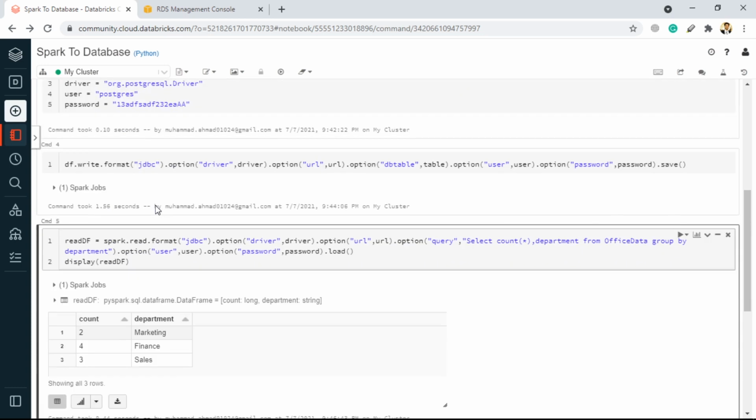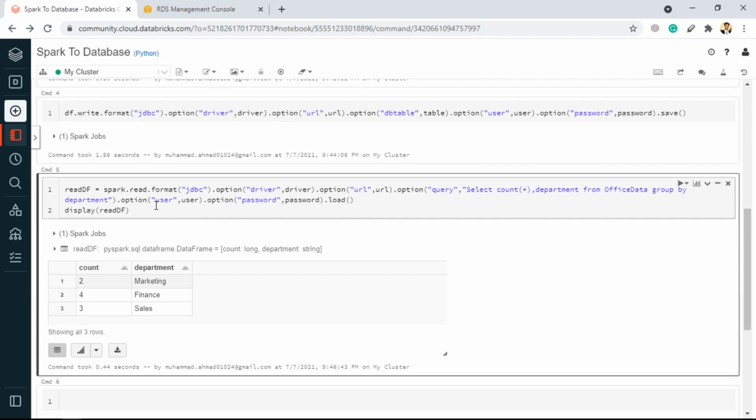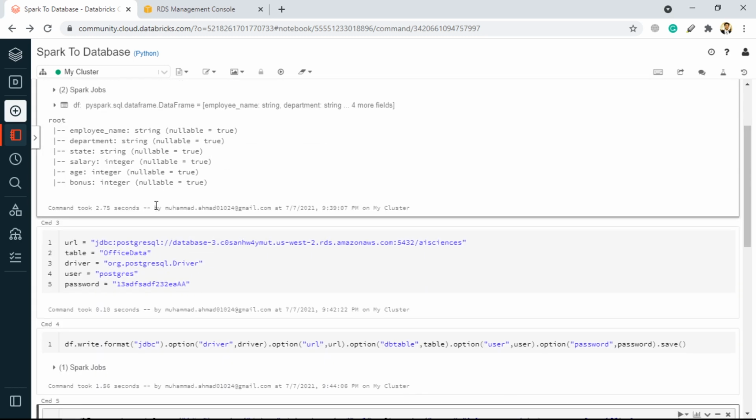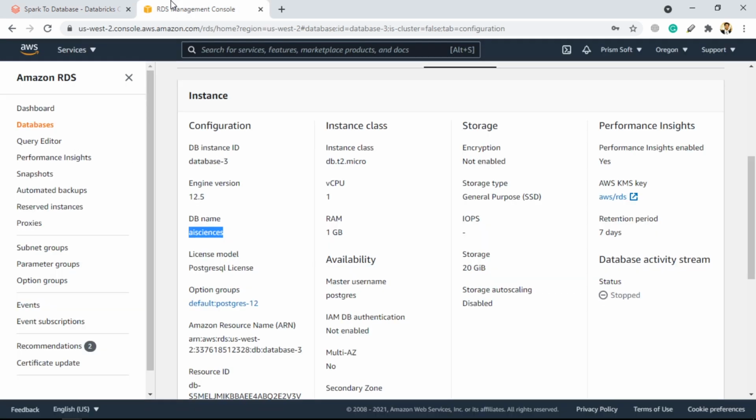So that's how you actually create a connection with the Postgres database inside the PySpark, and that's how you write the data, and that's how you read the data. I hope that you get the idea of how you can create the connection and do all that stuff, and it's not mandatory that you go for the RDS. You can spin up your own database as well.